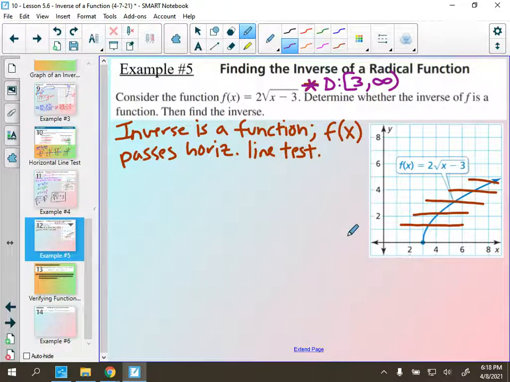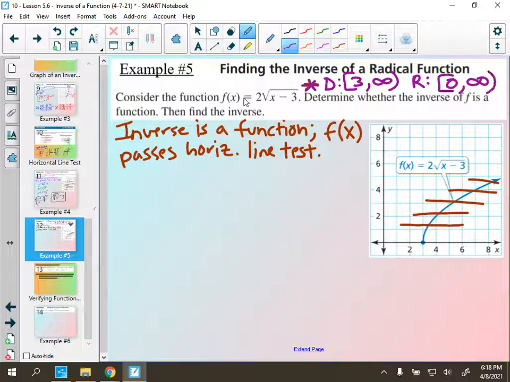Because we can only plug in 3 or bigger, this is actually the more important part: what is the range? I know we haven't done a ton with range recently, but we need to see this here for a second. If I plug in that 3, the smallest x value we could ever plug in, what's the smallest output we'd ever get? 3 minus 3 is 0. The square root of 0 is 0. 0 times 2 is 0. So my range is 0